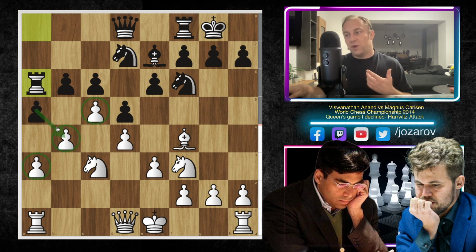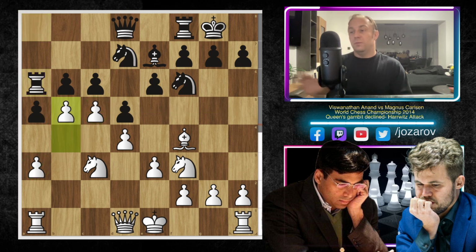Black never really traded off any pawns here on the queen side, so now it's time to make use of our space advantage on the queen side by pushing the pawn to b5. And that's exactly what Vishy Anand did. He sacrificed here a pawn just in order to get a very nice attack on the queen side. Here after move b5, c takes b5, we don't want to take, that's not the actual idea of this attack.